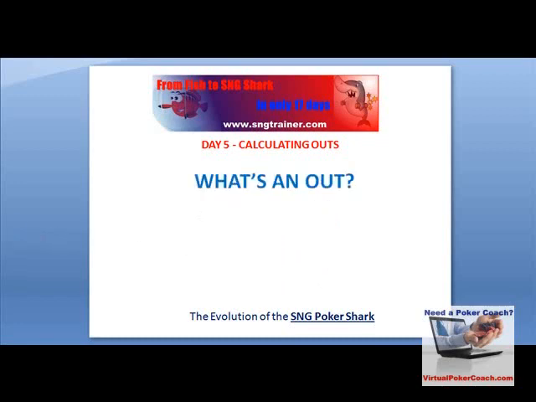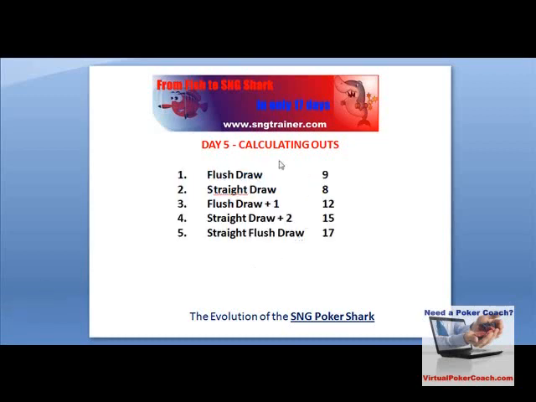So today we're talking about calculating outs, and before we do that, let's first of all define what an out is. If you're new to poker, you may have heard this term, but you're not sure what it is. Basically, it's the cards that are still to come that can help improve your hand to make it a winner. To better illustrate that, we're going to look at the different scenarios that you could be up against. If you have a flush draw, or a straight draw, or a flush draw with 1 overcard, a straight draw with 2 overcards, or a straight flush draw,